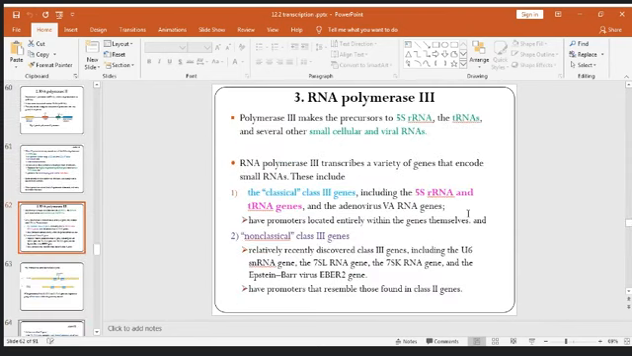When you see RNA polymerase 3, it makes the precursors to 5S ribosomal RNA and the transfer RNA. Several other small cellular and viral RNAs are there. እነዚህን ይሰራልናል። You must specifically know which types of ribosomal RNA RNA polymerase 3 makes: 5S